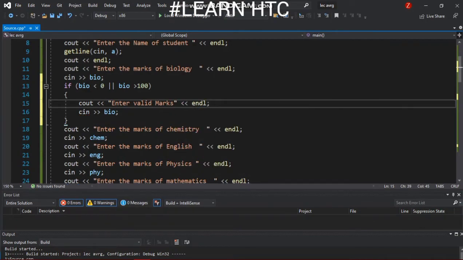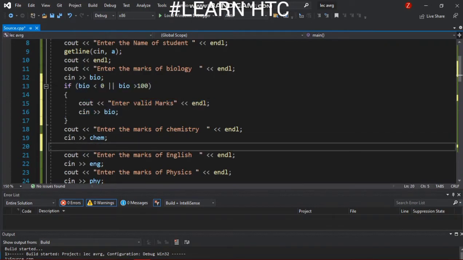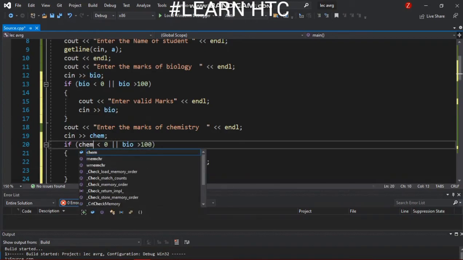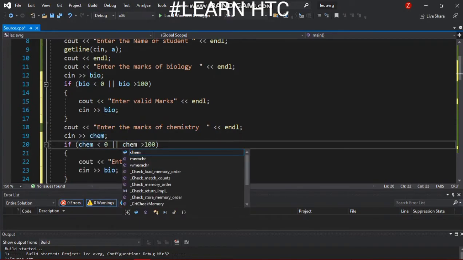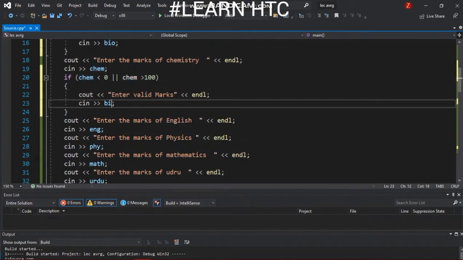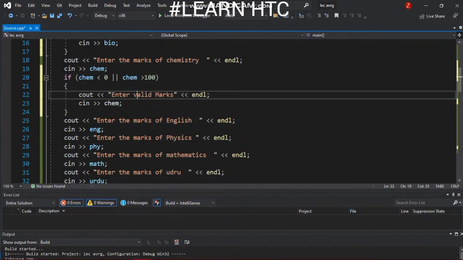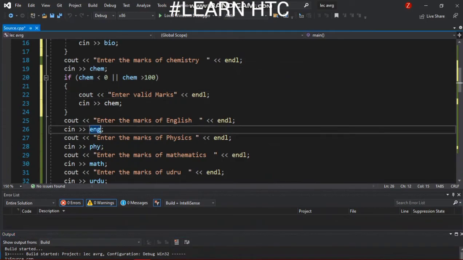Same concept you can apply with all these marks. Just paste it and change the subject names. This concept is called input validation. We apply restrictions to the user. In loops we will discuss and understand it in a clear way.